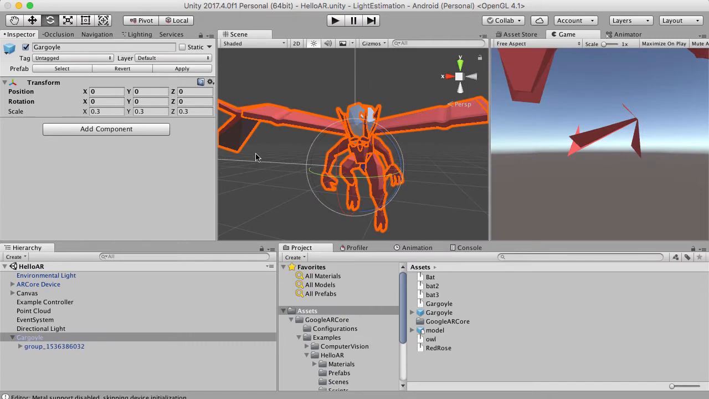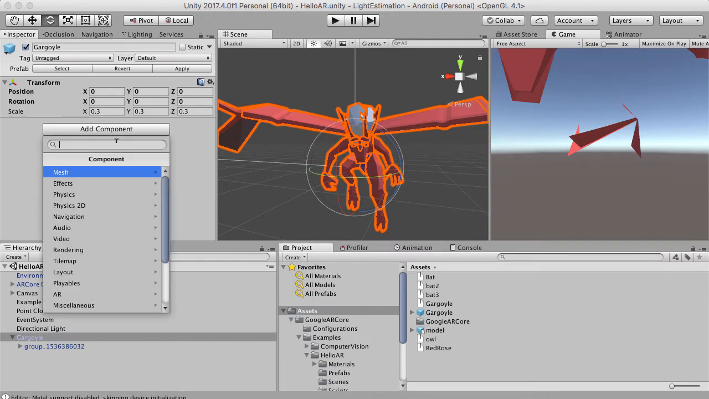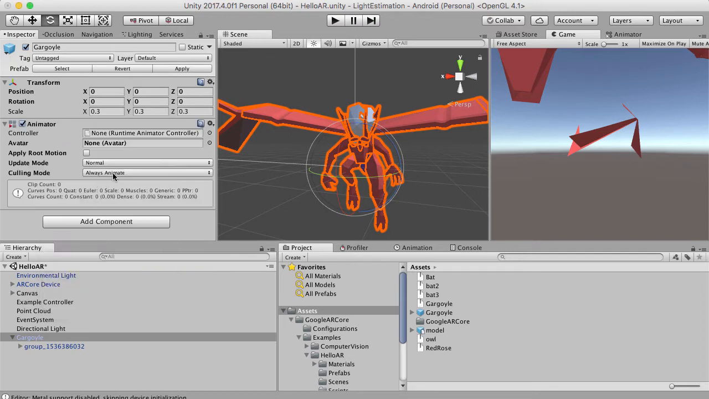So let's animate our gargoyle, and what I'm going to do is add an animator controller to the top of our gargoyle, and then I'm going to create an animator for that as well. So let's